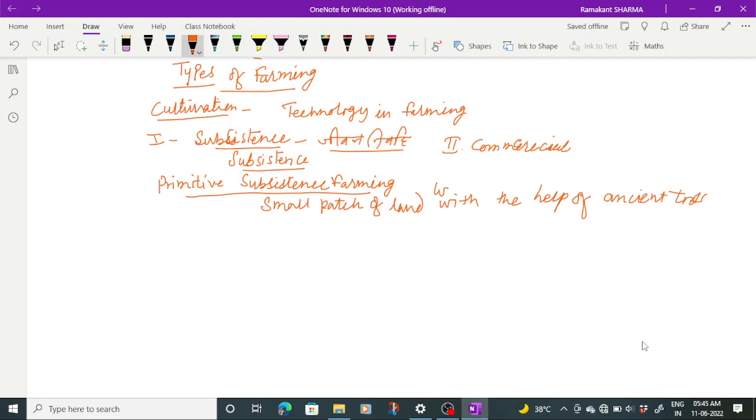Ancient tools like hoe, HOE, इसको फावड़ा बोलते हैं, dowel and digging sticks,